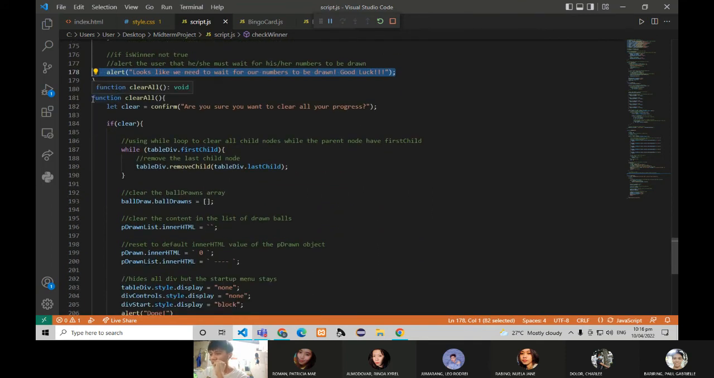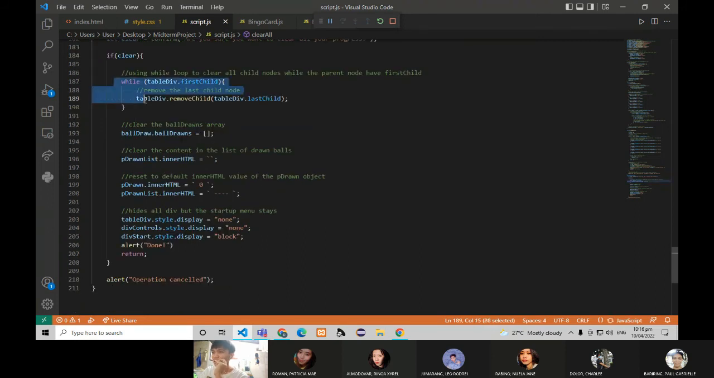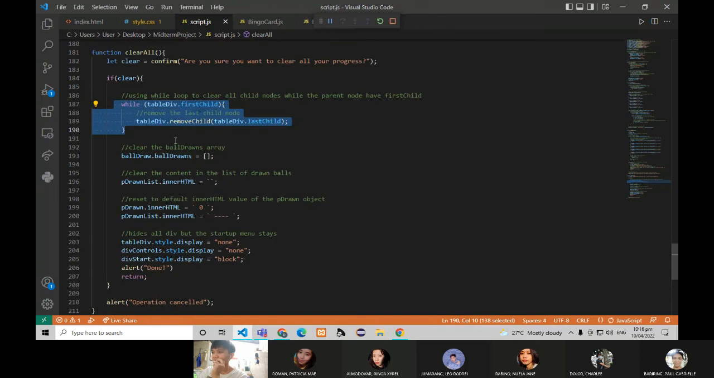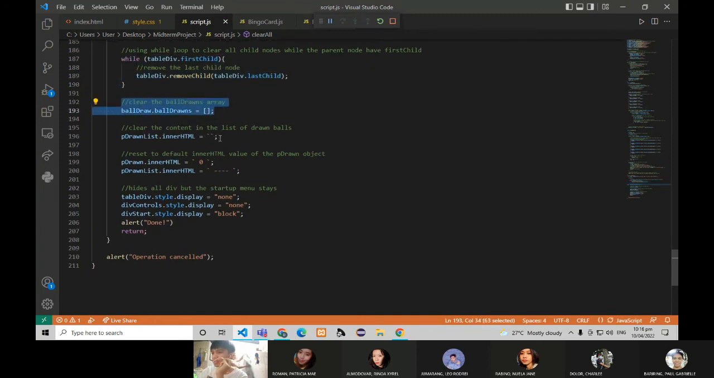Function clearAll. This function clears all the cards and all of the balls that had been drawn and displayed in the ball drawn history. To clear the cards, we use a while loop, while tableDiv.firstChild. It means if the tableDiv still has a first child, it will remove the last child to clear the table or the cards. Then ballDrawn, ballDrawns equals an empty array to clear the array of the balls that have been drawn. And pDrawnList to clear the ball drawn history,